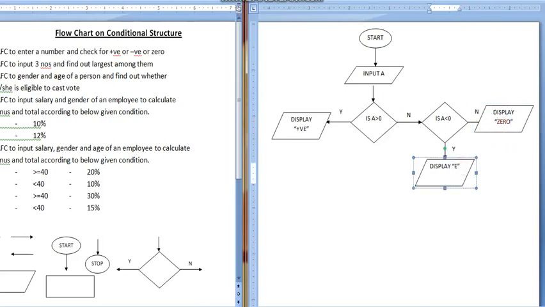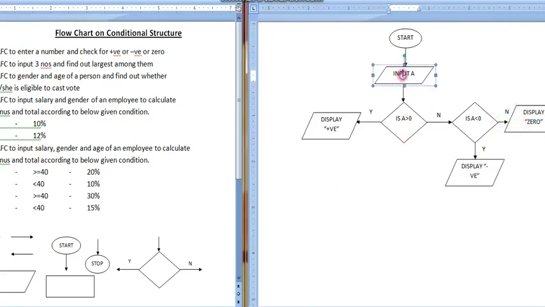So in this case we specified negative, and in the other case we have specified 0. In this flowchart, we are just inputting the number here, then comparing whether it is greater than 0 or not.